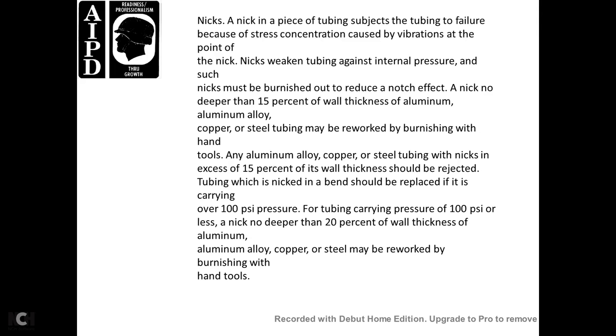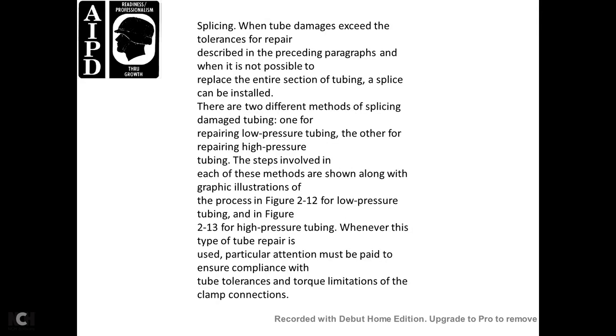Tubing with nicks in a bend should be replaced if it is carrying over 100 psi pressure. For tube carrying pressure of 100 psi or less, no nick deeper than 20% of the wall thickness for aluminum alloy, copper, or steel may be reworked by burnishing with hand tools. Splicing. When the tube damage exceeds the tolerance repair described in the preceding paragraph,